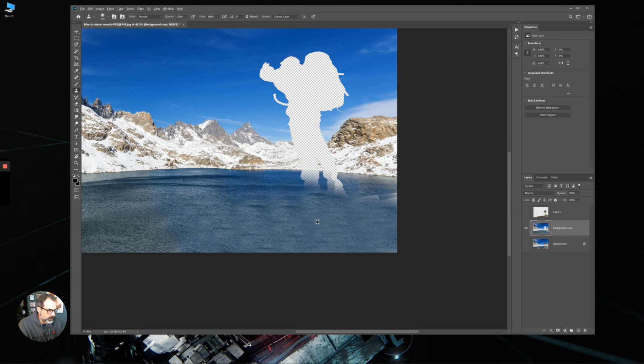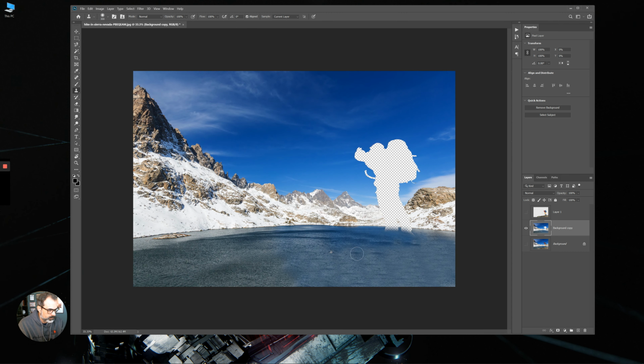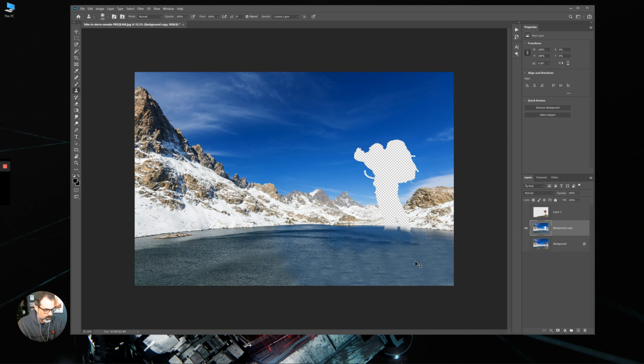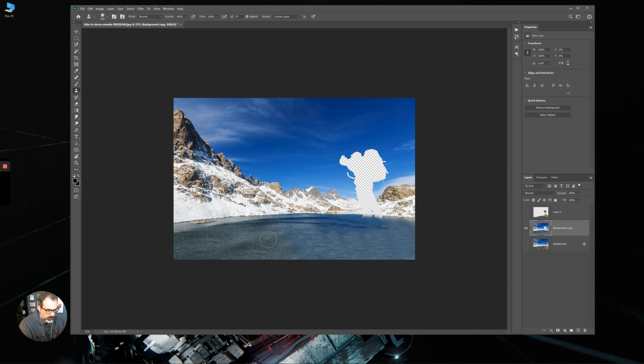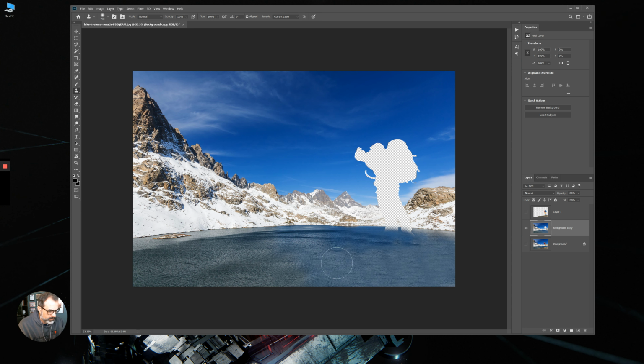option click, drag, option click, drag. Getting up near the edge there. Don't get too crazy with that. Again, I'm going pretty quick here just for the purpose of this. I'd probably take more time with it if I had more time. A little bigger. Bigger brush. You can see a little bit of a repeating pattern here. It's not great. Just kind of keep working on it, keep massaging it until you get it to where it looks a little